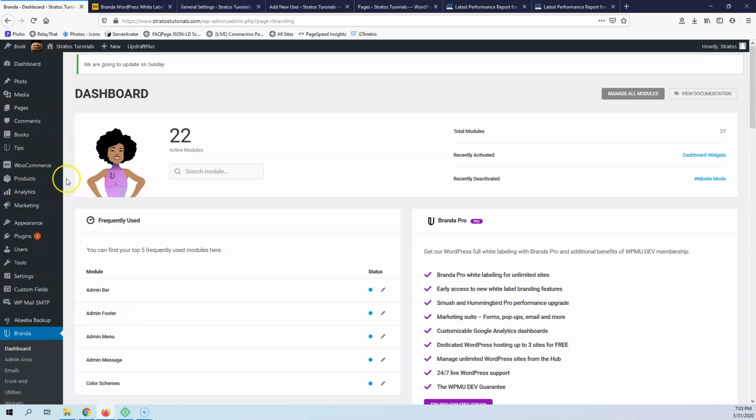So that's all with this plugin. I think it's a very powerful plugin for what it says and what it does, and I'm really sure that I'm going to use it in